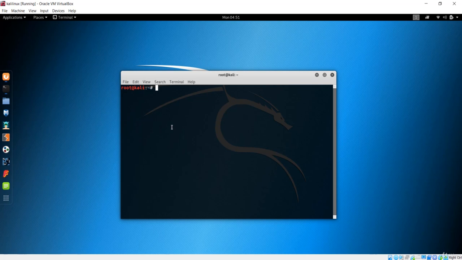So ARP spoofing can be done without installing any package, but if you want to use the man in the middle framework, which contains so many payloads, you can run it after you perform the ARP spoofing. So we'll see the framework over here, which is the man in the middle framework. Before that, you have to install it. So first of all, let's update all of our sources. So let me say apt-get update.